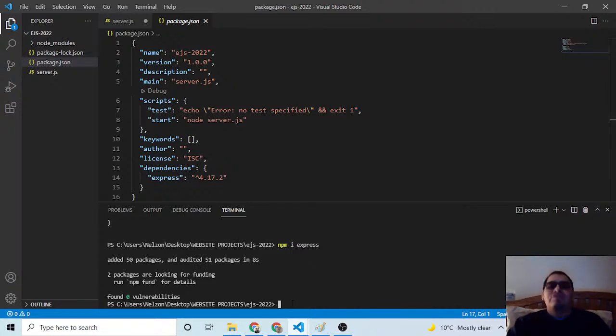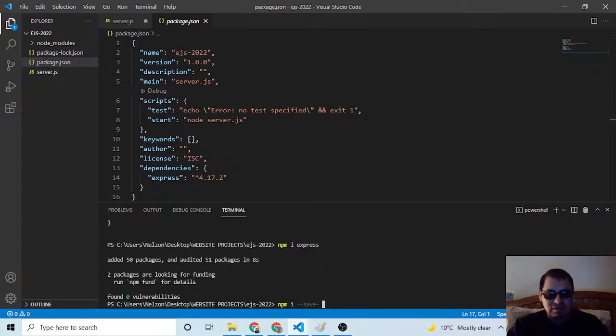But I am going to also install, npm install --save dash. I think it is. Let me go for this.